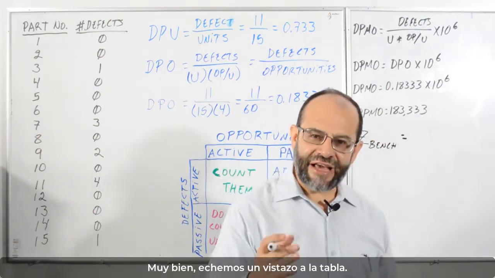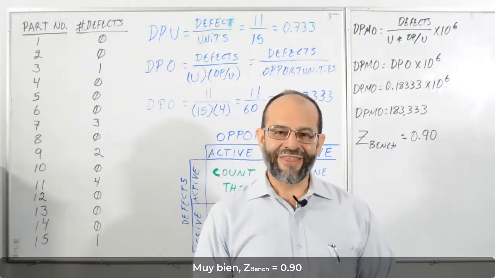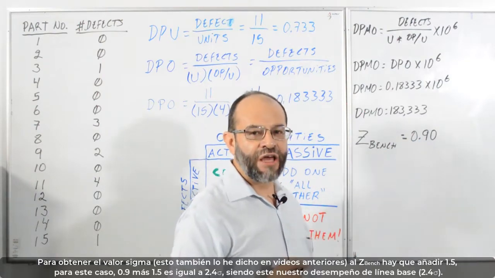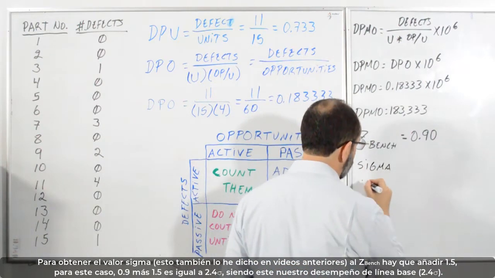Okay, let's take a look at the table. Looking for the value of 183,333, we can see that the closest value is 184,060. That leads to a Z value of 0.90. Okay, then Z bench is 0.90. To get the sigma value,